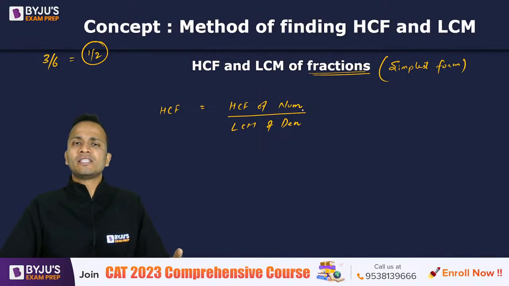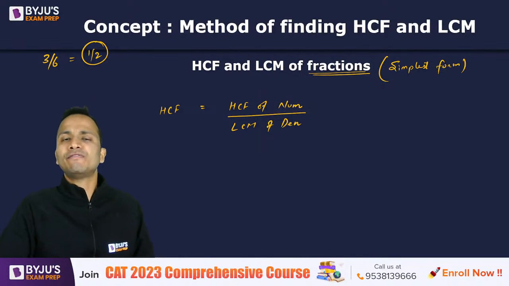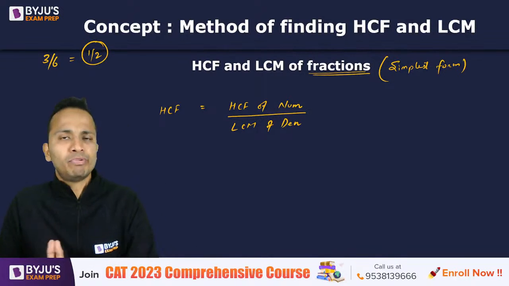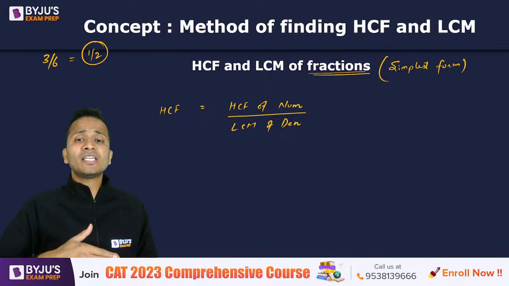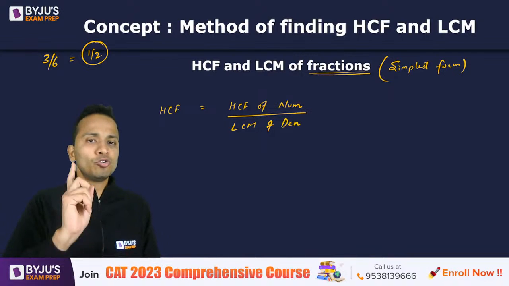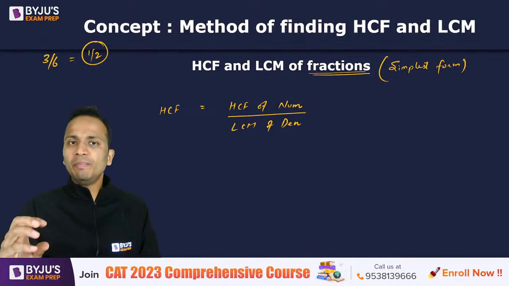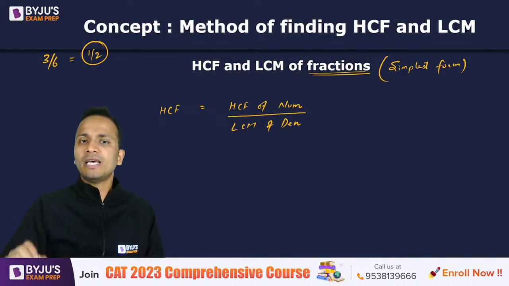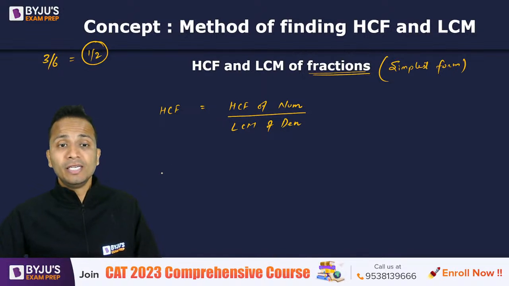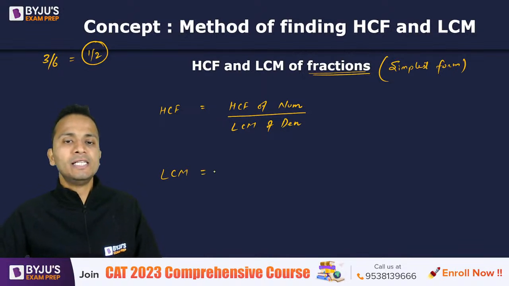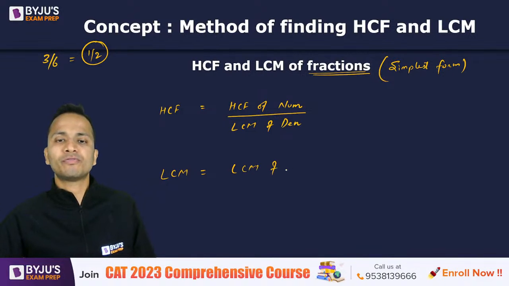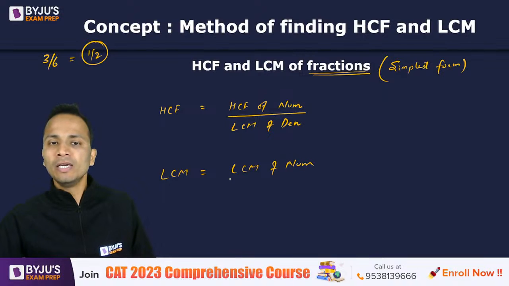Whatever number of fractions there are, 2 fractions or 3 fractions or 4 fractions, first of all convert them into the simplest form, then look at the numerators separately, all of them, and the denominators separately. To find the HCF, you will find the HCF of numerators divided by the LCM of denominators. Now the least common multiple, the next thing. In the LCM, it becomes the opposite. So what will we do in the LCM? It will be the LCM of numerators divided by